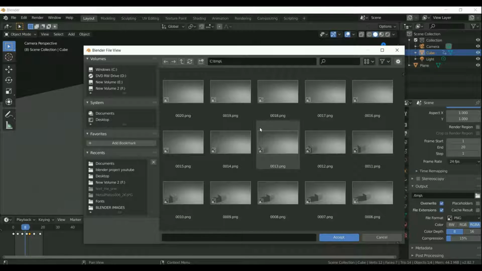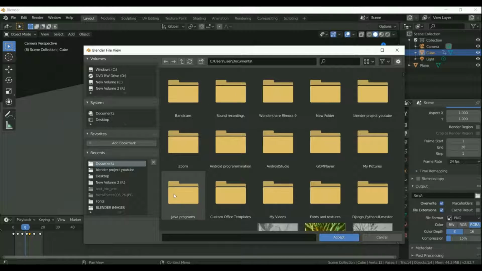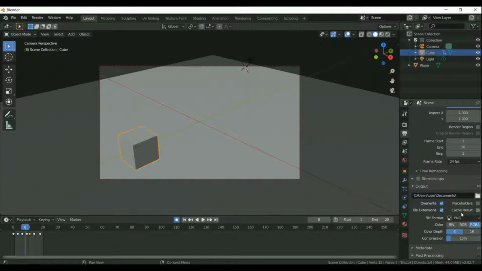The default folder comes under the C drive, so we need to change it to documents, user documents. I just save it to user documents, and after specifying the file location, there is an option called file format.